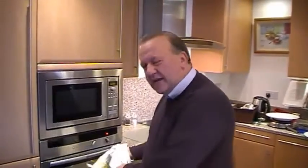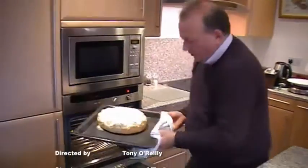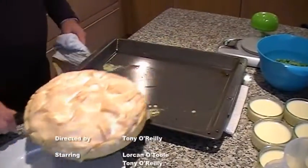Okay, I've given the lemon meringue about 10 more minutes. Here we go. Ooh, look at that. Right, there's our lemon meringue. Let's tuck it